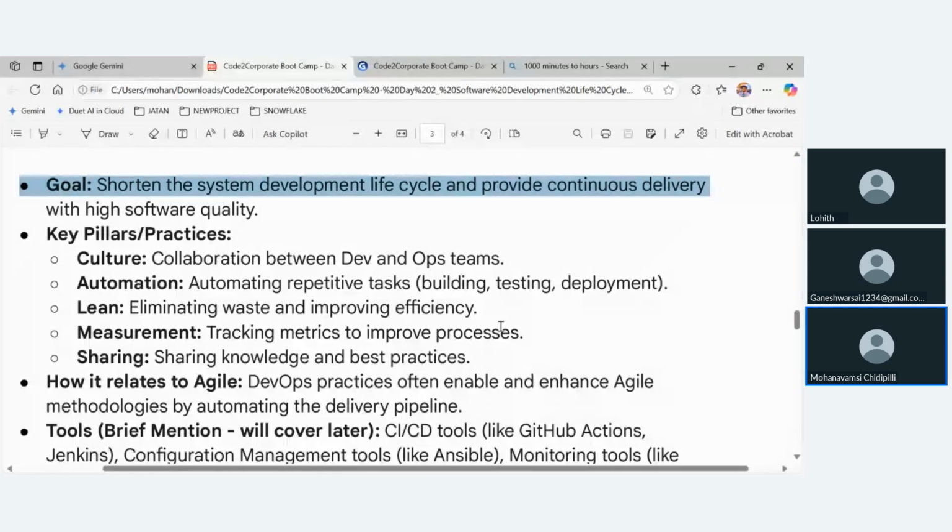So automation, right? Automating repeated tasks, building, testing, deployment. DevOps is nothing but automation. See, for example,